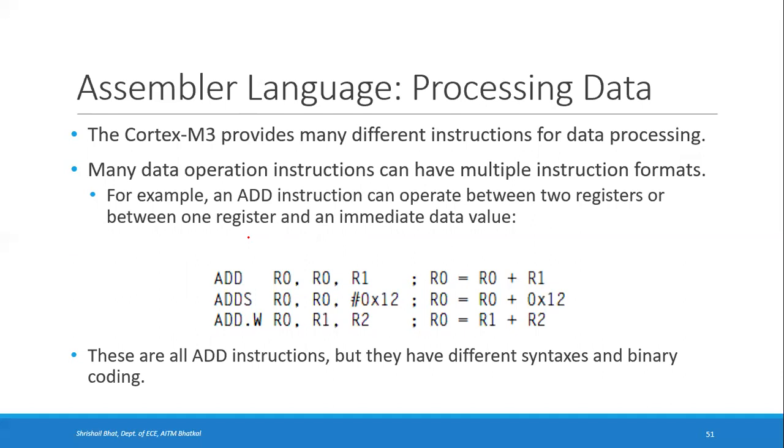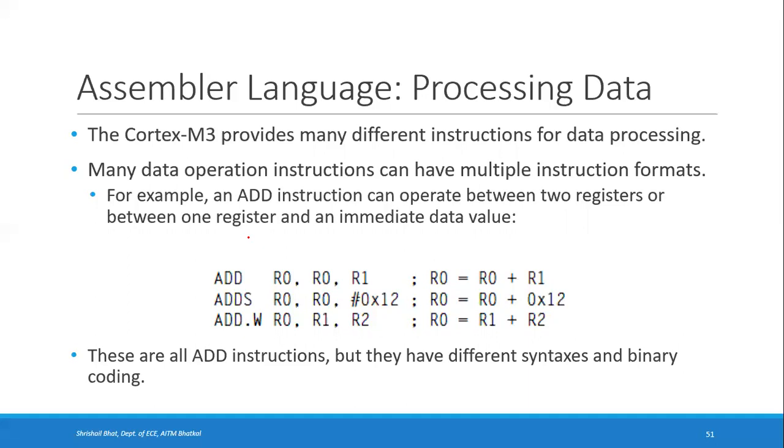Next category of instructions are data processing instructions. Data processing in the sense, we are not just moving the data, we are performing some operations on that data. There are again multiple types in this. You have arithmetic instructions, logical instructions, shift and rotate instructions, reverse operation instructions, then also bit manipulation instructions. There are multiple things here. So first we will see some arithmetic instructions.